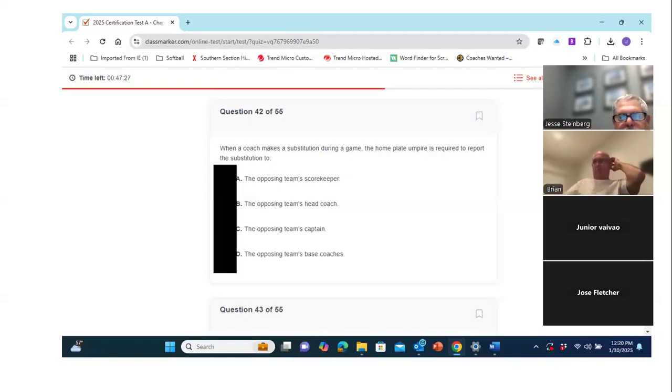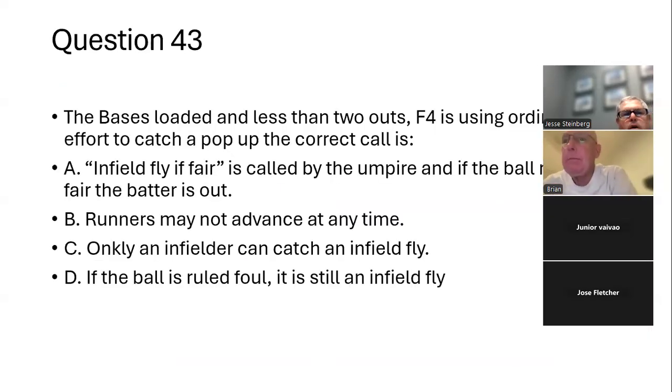Okay, moving on to 43. Bases loaded and less than 2 outs. F4 is using ordinary effort to catch a pop-up. The correct call is...